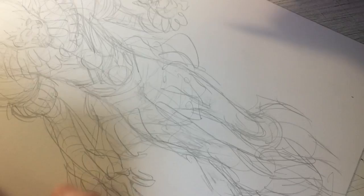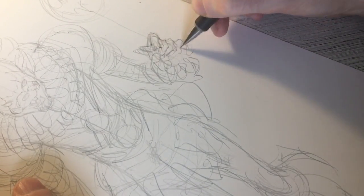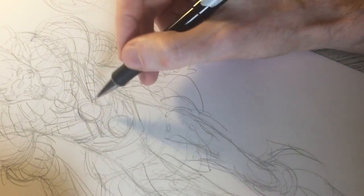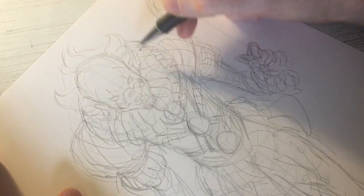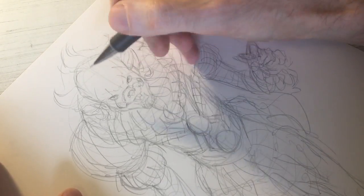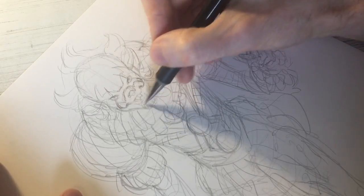So just a few more tweaks of the hands, of the cuffs, of the ruffles, just to really get myself that information I need, and some of the Nightwing aspects. It's all just clues for me for the shapes that I want to ink. Just tightening up the hair and the facial features here just a little bit before we go to the inks. Make sure those are all in the right place and give that Pennywise feel that I want,